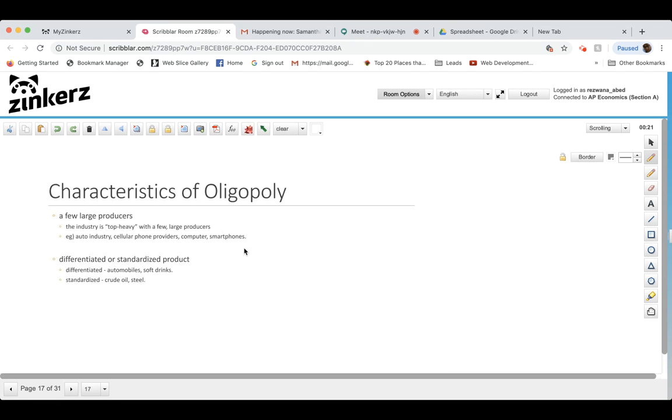They have a few large producers. Okay. So oligopoly is essentially a type of market structure that is characterized by a small number of relatively large firms that dominate the industry. So small number of large firms. That's key. Remember how this is different than monopolistic competition, where it was kind of the other way around. So you had a large number of relatively small firms, and here you have a small number of rather large